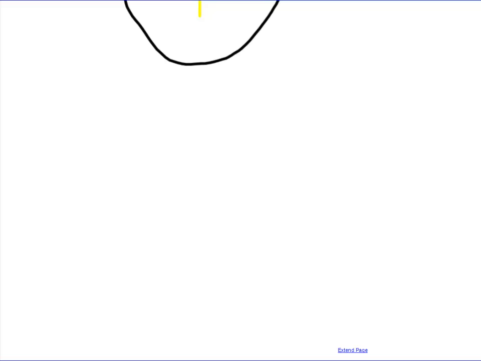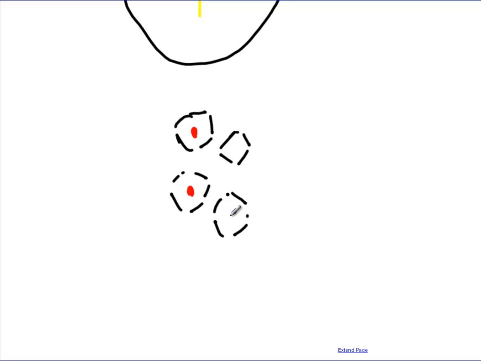His proposal was that if we could zoom in and look, we would find that the atom is mostly empty space. So he's saying, here's an atom, here's an atom, here's an atom, and my gold foil is made up of a whole bunch of these little atoms, kind of stuck together because it's a big chunk of gold, but most of this atom is empty space. In the middle, there's a big dense spot, and that's why when I send these alpha particles through, most of them go through, or if they don't go through, they get deflected just a little bit. But occasionally an alpha particle hits this big dense spot, and when it does that, it bounces back.